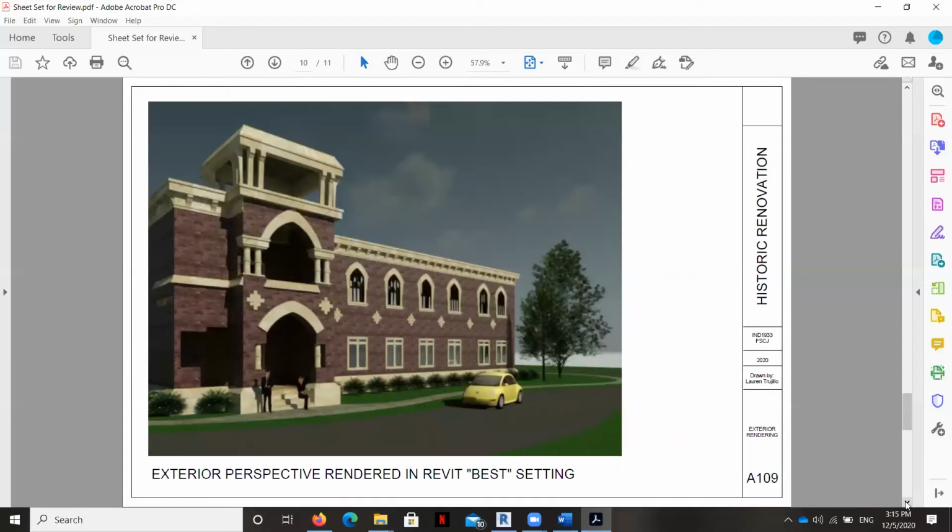On these sheets, I just inserted images. I created an exterior rendering sheet and put this exterior rendering in it. And I indicated what this render setting was and how we did it, because I want to make sure that if anybody sees this sheet set, they know that I was testing renderings in this project, and testing techniques for renderings and not trying to make perfect renderings, because a trained eye would still look at this and probably make a few more changes to it. I just wanted to indicate that this was our first try, and we rendered it within the program, and this is what we got.